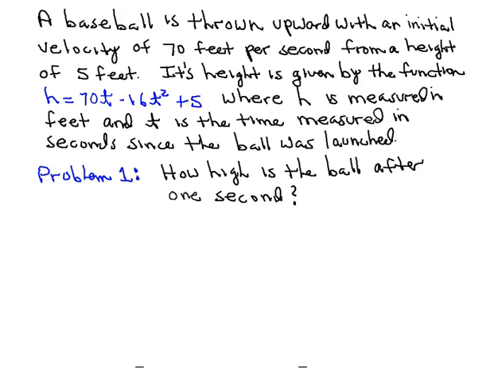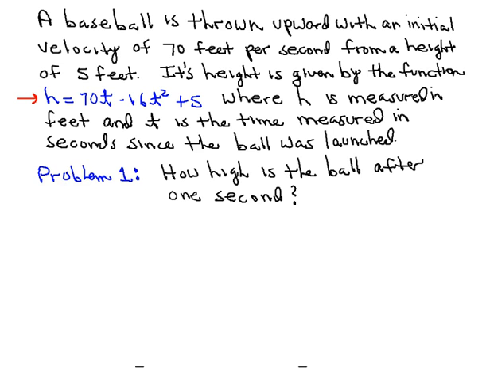We're told that a baseball is thrown upward with an initial velocity of 70 feet per second from a height of 5 feet. Its height is given by the function that you can see highlighted here in blue, which is h equals 70t minus 16t squared plus 5, where h is the height measured in feet, and t is the time measured in seconds since the ball was launched. So our first problem to consider is, how high is the ball going to be after